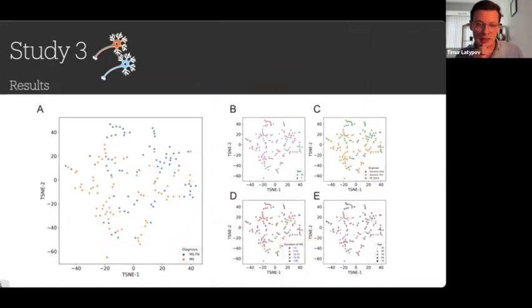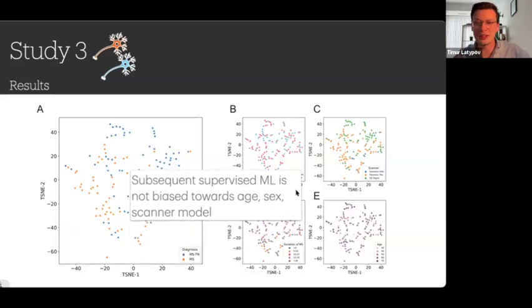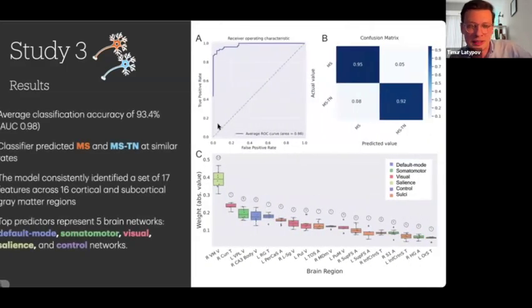Just a little bit more about that. So we started, again, from unsupervised learning as an easy way to visualize our data structure. We specifically visualize parameters like diagnoses, sex, and the model of the scanner where the image was acquired on B and C, and the duration of MS and age on D and E. Based on this visualization, we could see that data was not clearly clustered out based on these parameters, which likely suggests that subsequent machine learning driven analysis likely won't be driven by bias towards these covariates, which essentially allowed us to proceed with the classification modeling, which in fact performed very well.